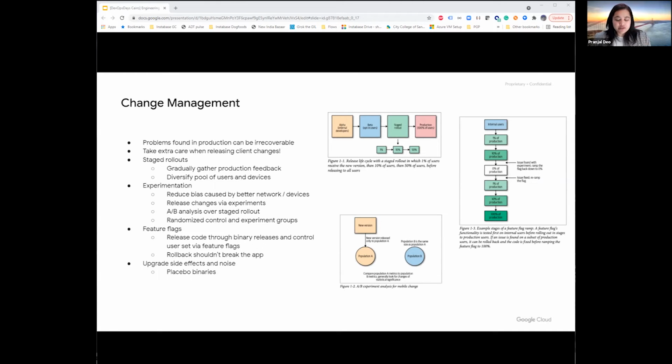One quick word of caution in terms of accuracy of metrics is to take into account the effect of upgrade side effects and noise between the control and experiment population. The simple act of upgrading an app can introduce some noise as the app restarts. One way to address this is to release a placebo binary to the control group, which doesn't really do anything, but it will also upgrade or restart, thereby giving a more apples-to-apples comparison of metrics. This is, however, not a very ideal solution and has to be done with a lot of caution to avoid negative effects such as battery consumption and network usage.